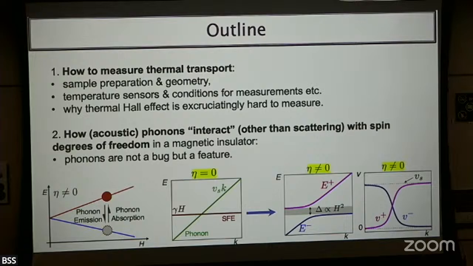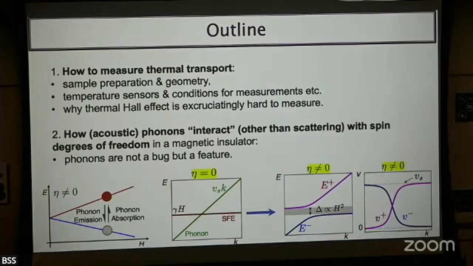Then, if I have time, I want to introduce our toy model we recently came up with, of how phonons interact with the spin degree of freedom. In this case, just to make everything simple, I'm thinking about the single ion spin, okay? So there's no J. J is so small. Still, single ion physics can interact with the phonon. So for example, when you apply a field, you have a Zeeman splitting, and the single ion can go from the lower Zeeman level to the upper one. That just happens locally.